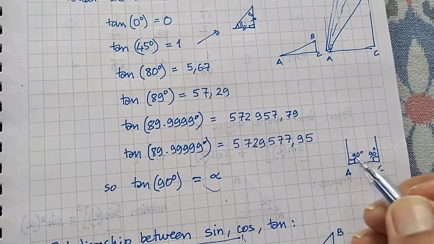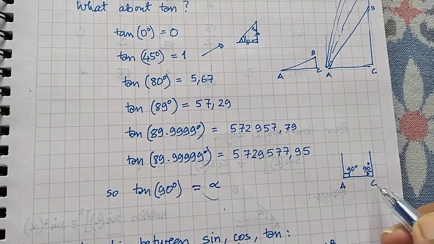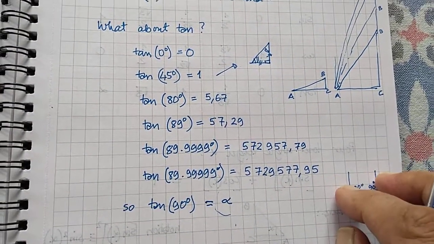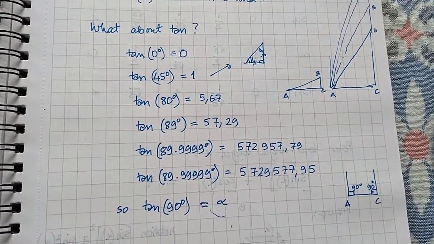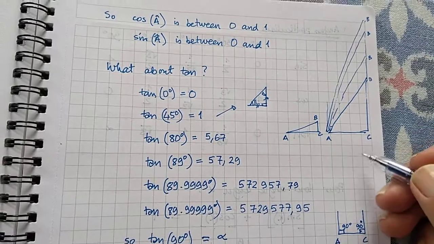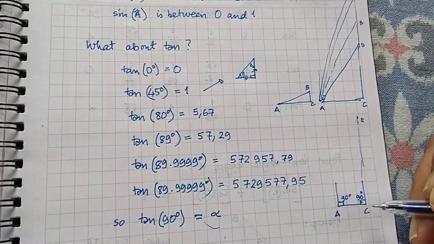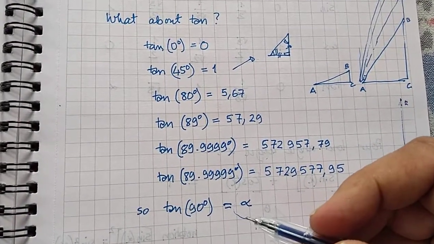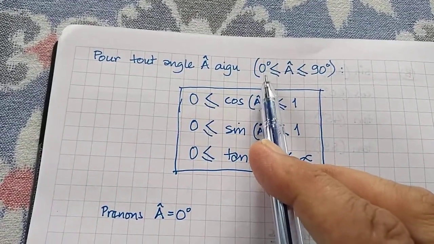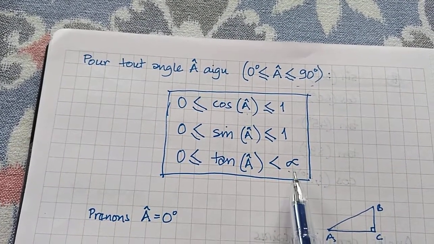So then you have a very funny triangle where this is 90 degrees, this is the hypotenuse, this is a right angle triangle, and this was also 90 degrees. So where do these lines meet? Well, in maths they say two parallel lines meet at infinity. So that means the length of base A will be infinity. So infinity divided by a finite distance AC will give you infinity. So that's why we have now shown that if A varies from 0 degrees to 90 degrees, tan of A will vary from 0 to infinity.